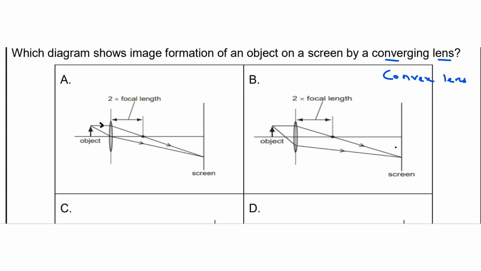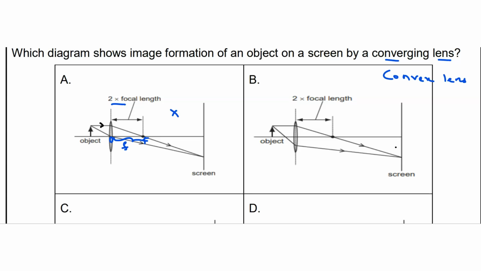Here is the convex lens, and the object is placed on the principal axis. The first ray is parallel to the principal axis, and after refraction it has to pass through the principal focus. That is the rule for the rays to travel, right? That is, when a ray is parallel to the principal axis, after refraction it has to pass through the principal focus. So what is this distance? This is O, the optical center, and F. What is this distance? It is simply the focal length. It is not twice the focal length. So this option is ruled out.